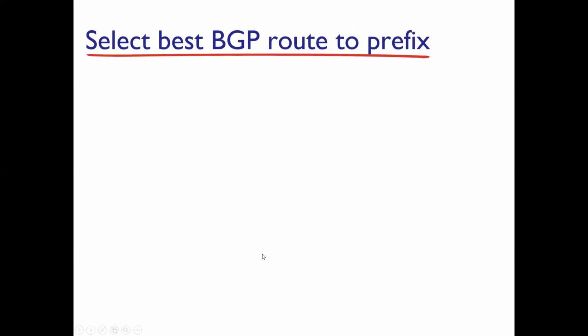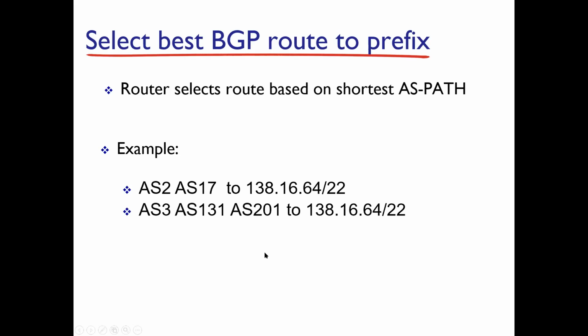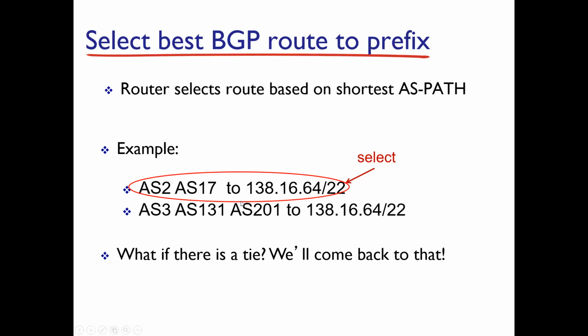So then you have to select one of these paths, and in order to select the path, for example, if your policy says that you will select the shortest path, तो एक route आपके पास आया है कि जी इस prefix तक पहुंचने के लिए you will take AS2, AS17. Another route that you get is that to get to the same prefix, you will take the route AS3, AS131, AS201. Your decision might be to take the shortest AS path, and that would be the first one. So you will select this particular AS path, and then corresponding to that, you would then put that entry there